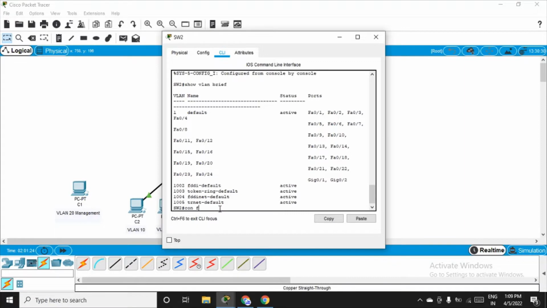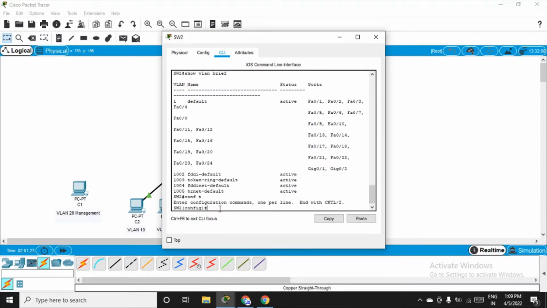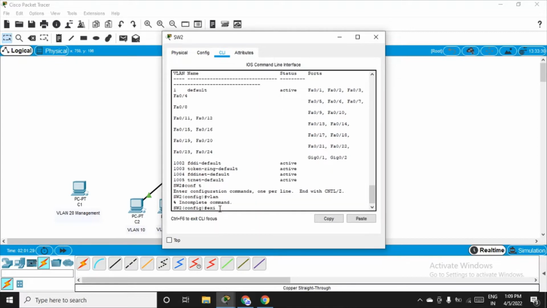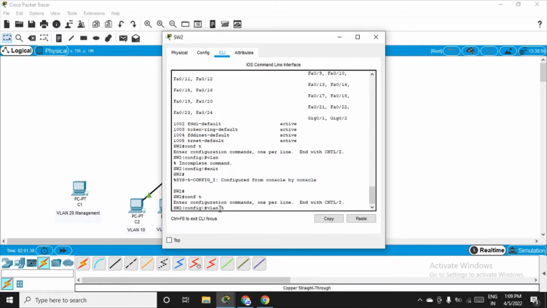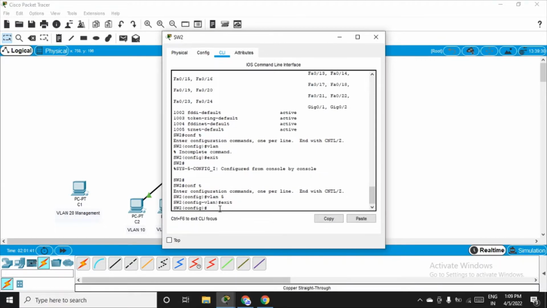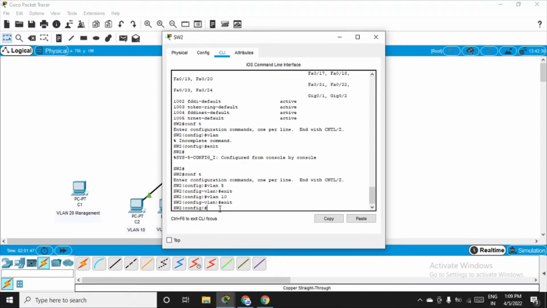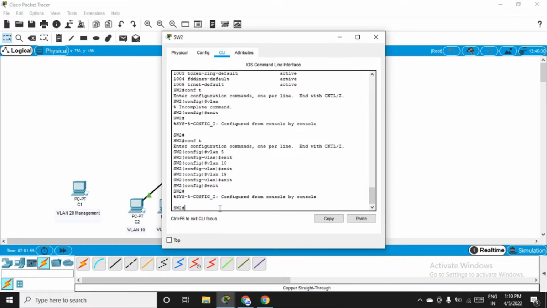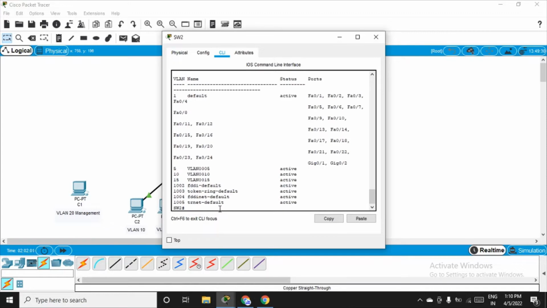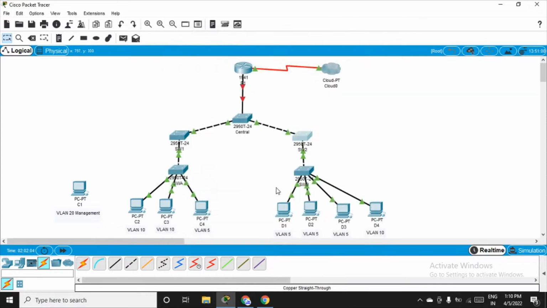So let me get into configuration mode and type VLAN 5, exit, then VLAN 10, and then again exit, and then VLAN 15, and then again exit. In the privilege mode, fire the same command show VLAN brief, and you will see. So do the same thing for all the switches